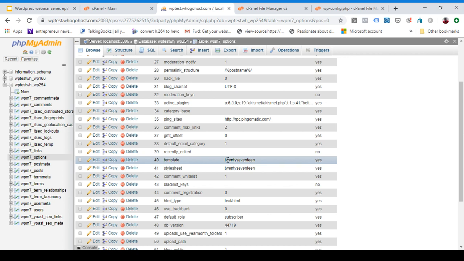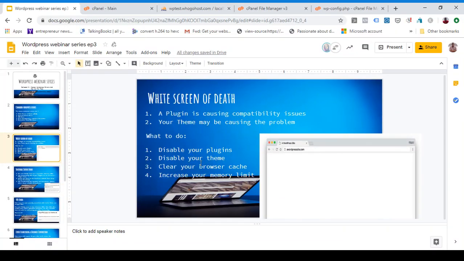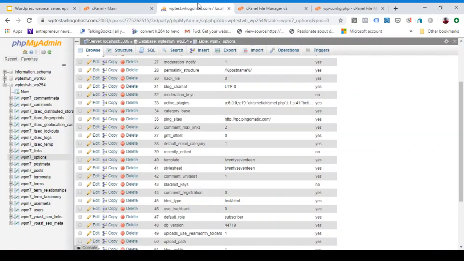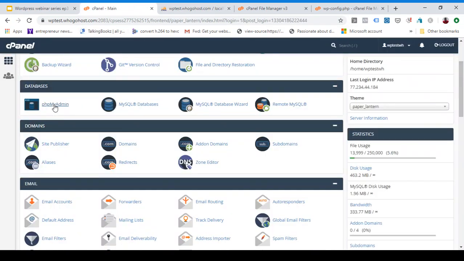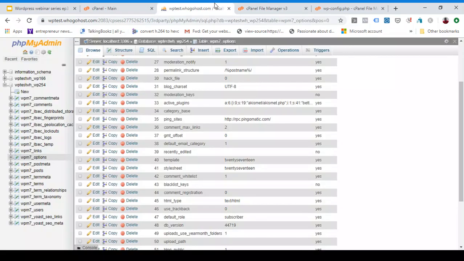So if you encounter this error, to change your theme, you need to go through PHP My Admin and change the theme to 2017. Because 2017 is already here, I don't have to change it again. But if it was another theme that was there, let's say Ocean WP,